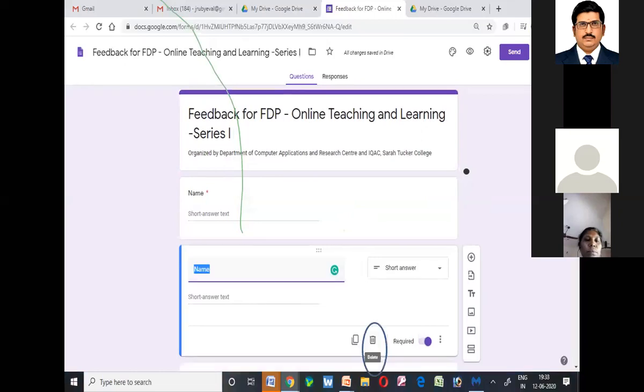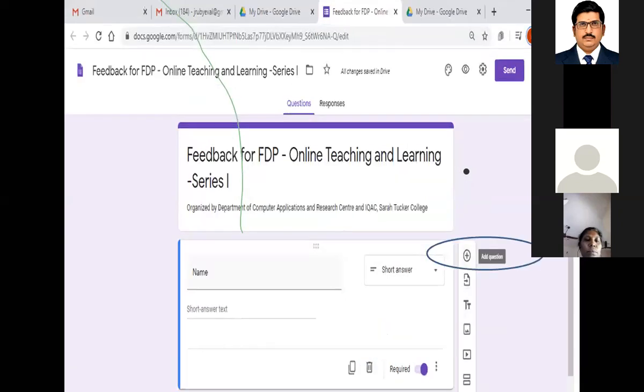So next, we are going to see another icon over there, that is the delete icon. Suppose I am going to delete that particular question, I can just click on this particular icon and the question gets deleted. So we have seen how to create the title and the name for the particular form, how to give the description, how to create a simple question with a short answer, how to make it a required question, how to delete the question and how to copy the question.